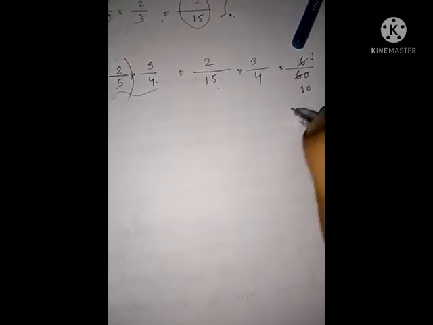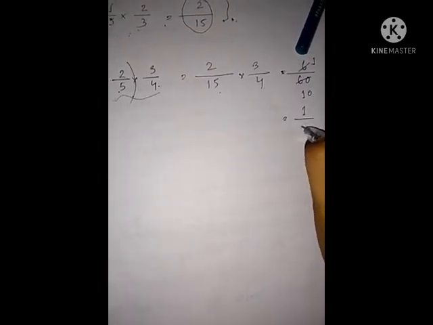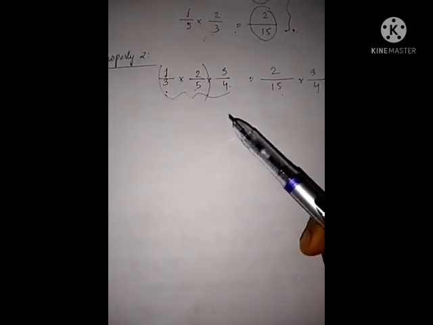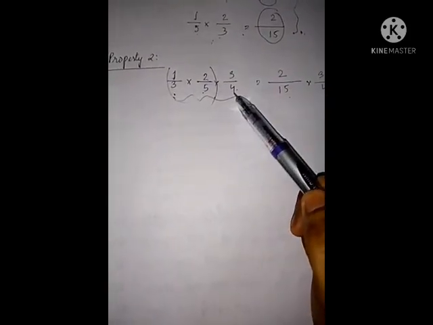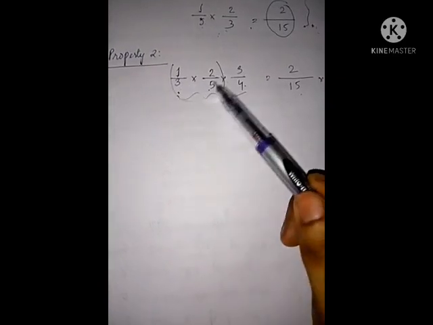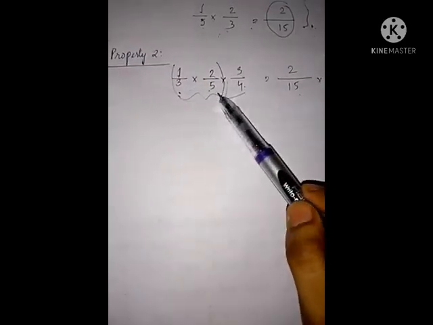So this is the answer. 6 1s are 6, 6 10s are 60, 1 by 10. This is the answer of multiplying these three fractional numbers by taking the grouping of the first two